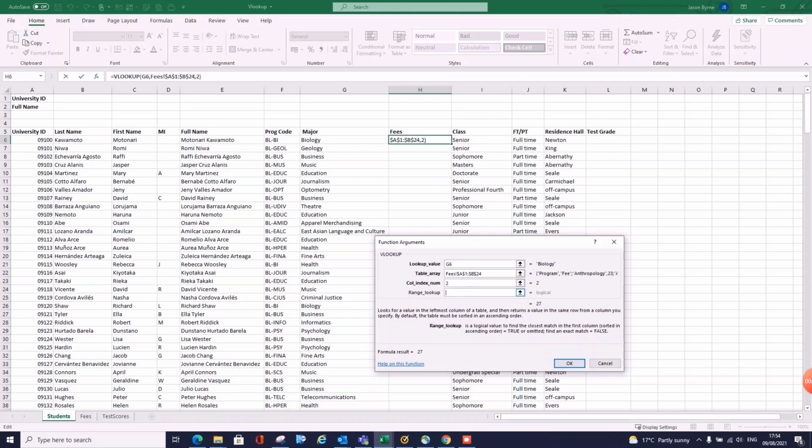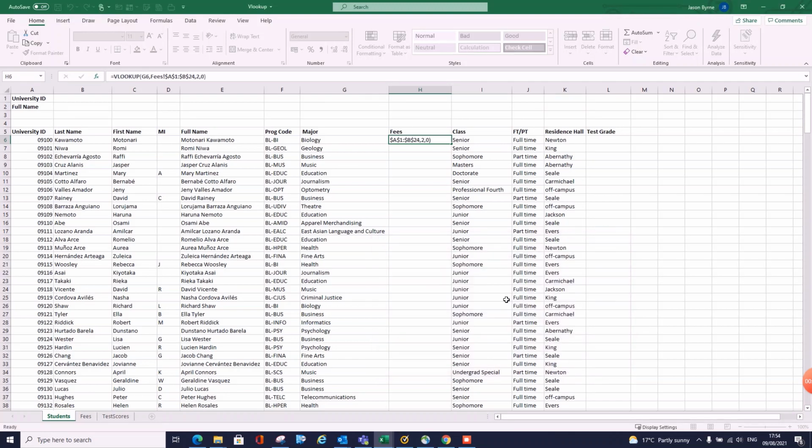Range lookup. VLOOKUP can look up in 2 ways. It can either do an exact match or it can do a relative match. An exact match is going to be false or 0, and a close match is going to be true or 1. Now I rarely ever use true, so in this case we're going to click 0, being an exact match. So click OK, and it's giving us the exact match,